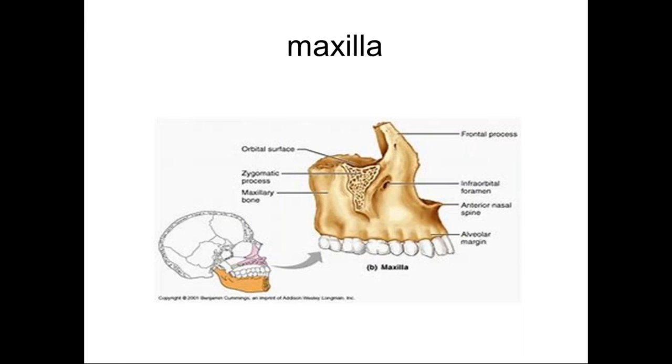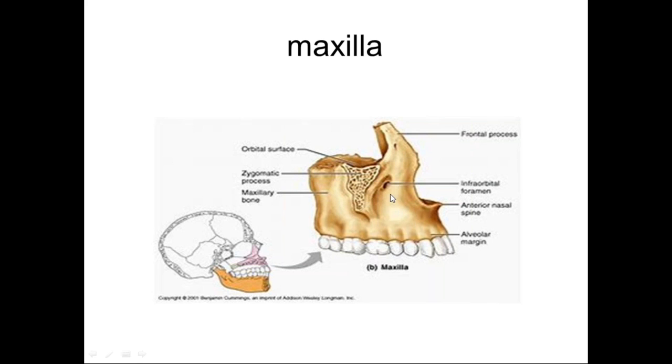Next bone is the maxillary bone. The maxilla is the second largest bone, which arises from the first pharyngeal arch after the mandible. This maxillary bone has an anterior surface, which contributes to the face, and the anterior surface bears a notch medially. This is the nasal notch. Next is your alveolar border. The alveolar border bears the sockets for the teeth.